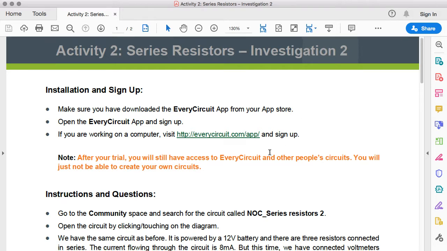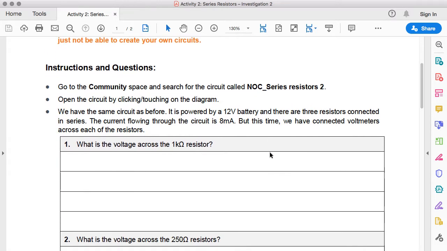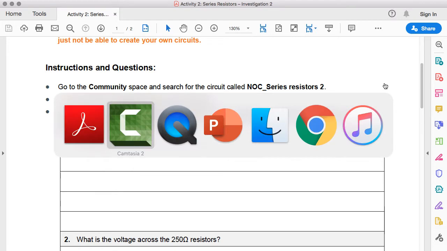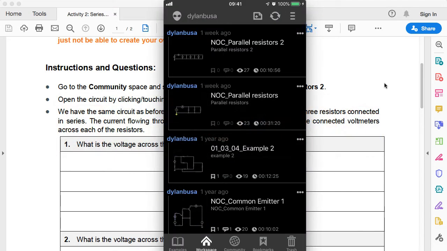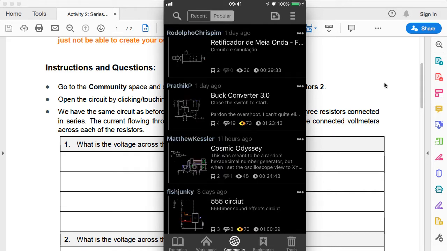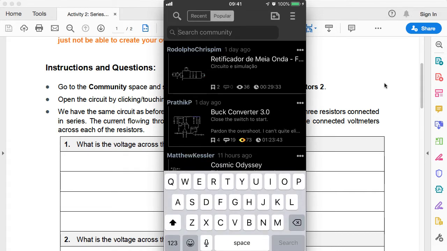Once you have signed in to the application, you need to go to the community space and look for the circuit called NOC Series Resistors number 2. I'm going to interact with the Every Circuit app on a mobile device in this video. I have already signed in, so I'm going to go to the community space, press the search button and search for